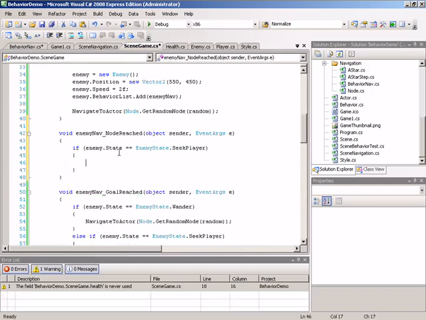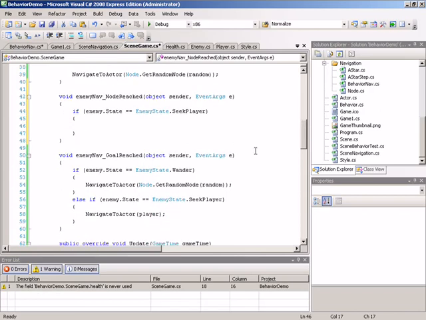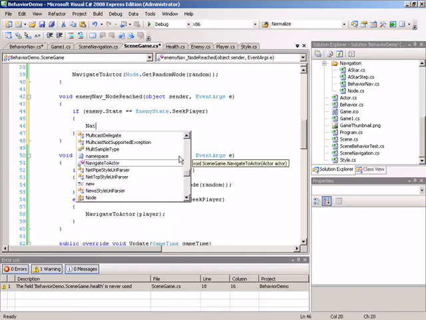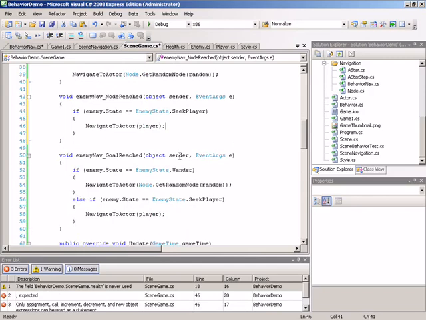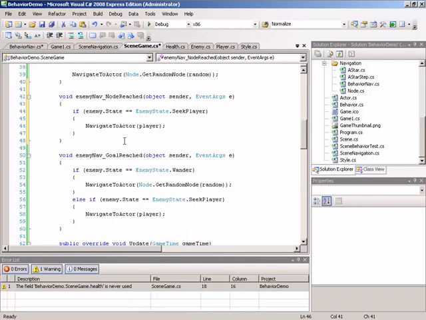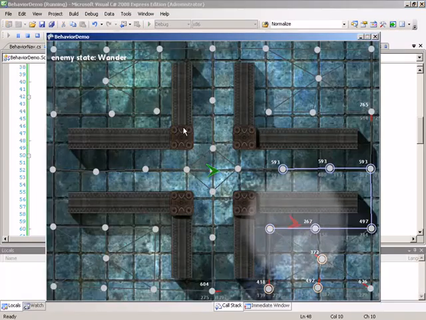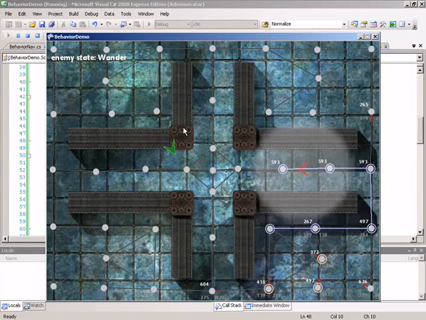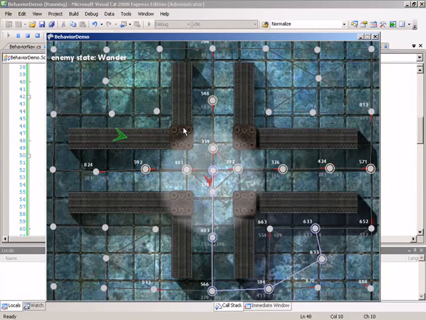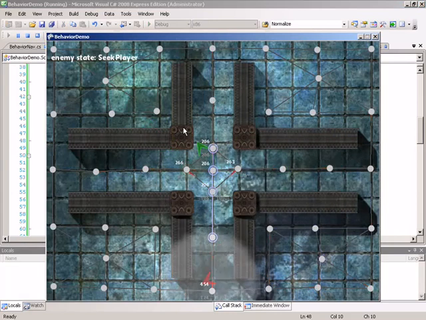And if so, then we are going to navigate to the player actor. So we will call navigate to actor, passing in the player, and that should take care of updating our navigational path. Alright, with this in place, let's now run the game and test things out. As the game begins, of course, the enemy starts off in his wandering state. Now, if we enter his sight radius, we can see his state change to seek player, but we notice an